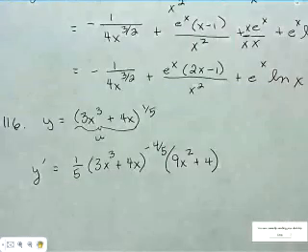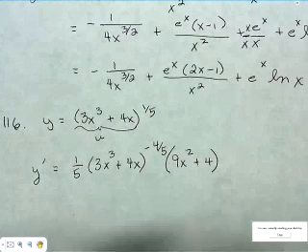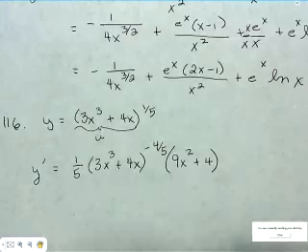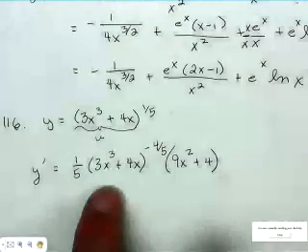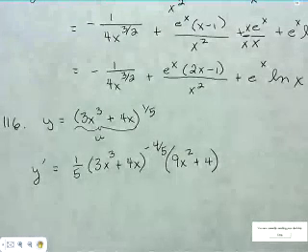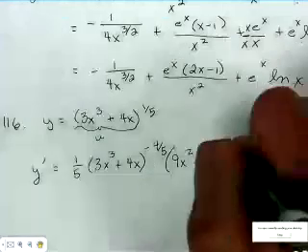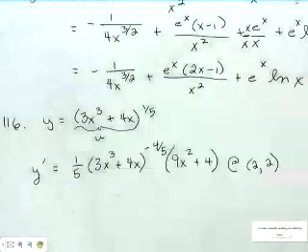If I were leaving this as my answer, I'd probably take one more step and put that ugly to the 4/5 in the denominator. But since we're supposed to evaluate that expression at the point 2, 2 that was given to me,